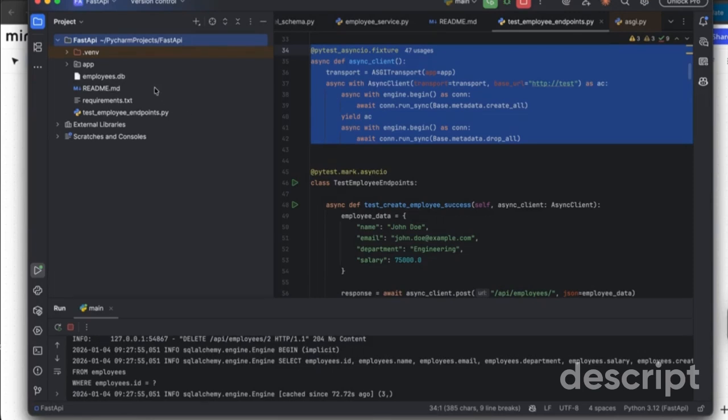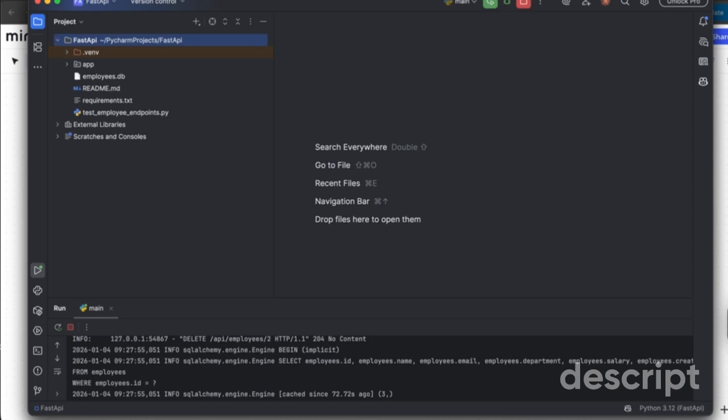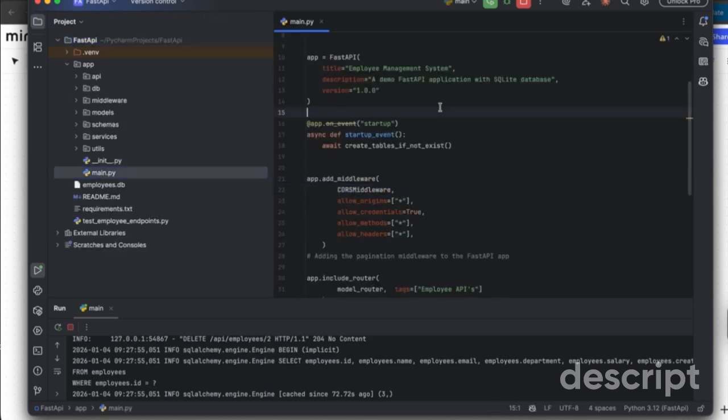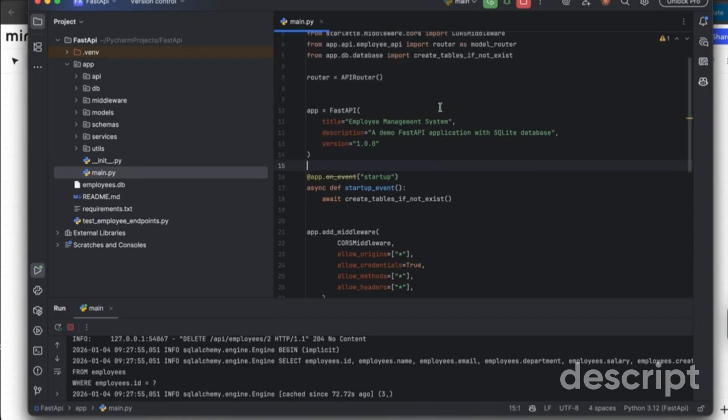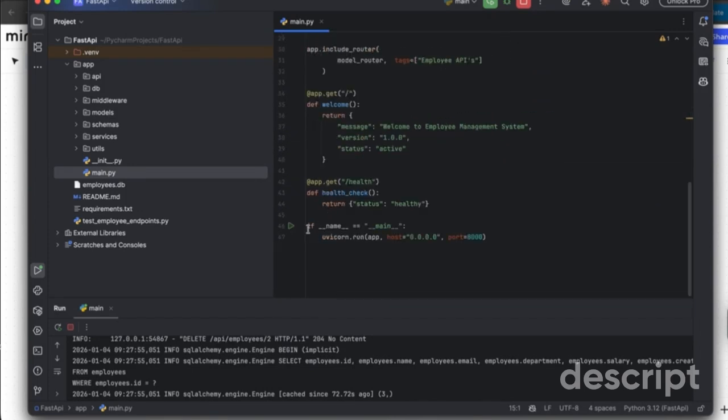But I will be explaining each and every step so that you can understand how a FastAPI application can be built. Once I've created the project, then you have your main dot py. This is where your application will start executing. Your starting point would be from the main, where this is the host that you want to configure, that is your localhost where it's running, and the port is 8000. You can configure it to another port.